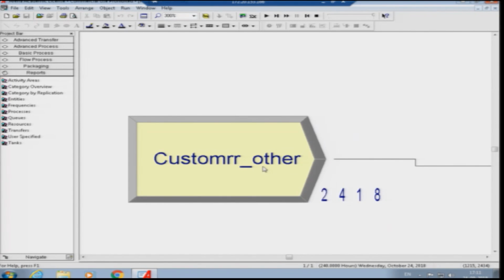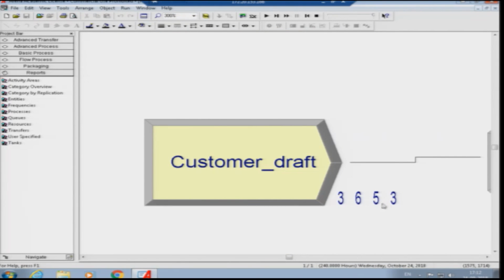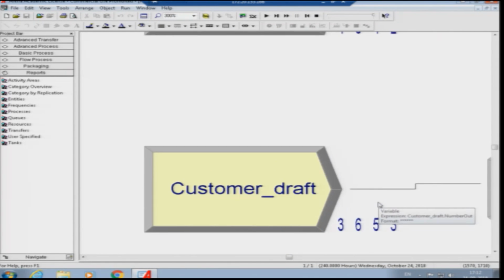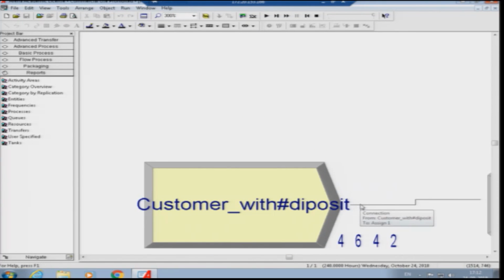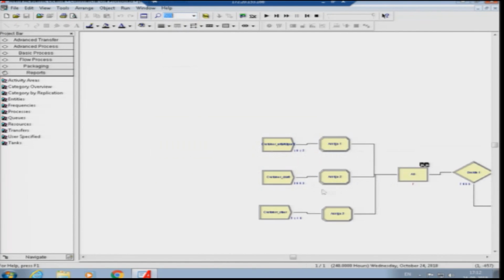For example, for this customer other, you can see that 2418 customers have been produced under the tab line as customer others. For customer draft, 3653 customers have been created by this creation node. Around 4642 customers have been created by this customer withdraw deposit node. So you can check these things here as well, even for a small instance.